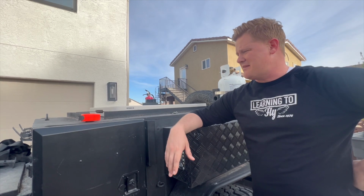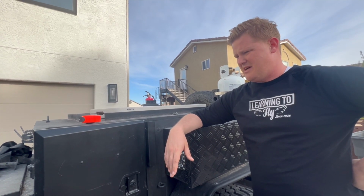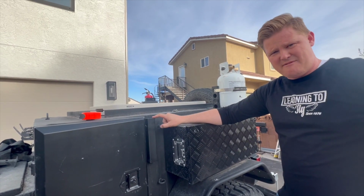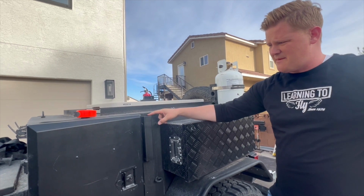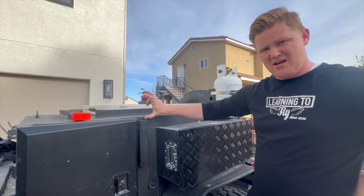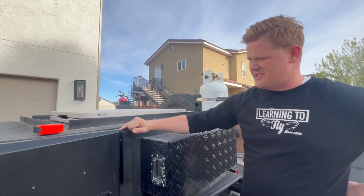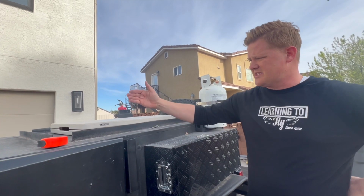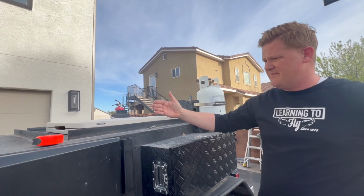But I had another thought, because I'm not giving up on this because I really want it to be taller. My next thought was I could lengthen the sleeve. This is a 2-inch diameter piece of tubular steel. I figured if I made it taller and just welded along the outside here, I'd end up with the same result, right? And so it's taller. That doesn't bother me at all. And so